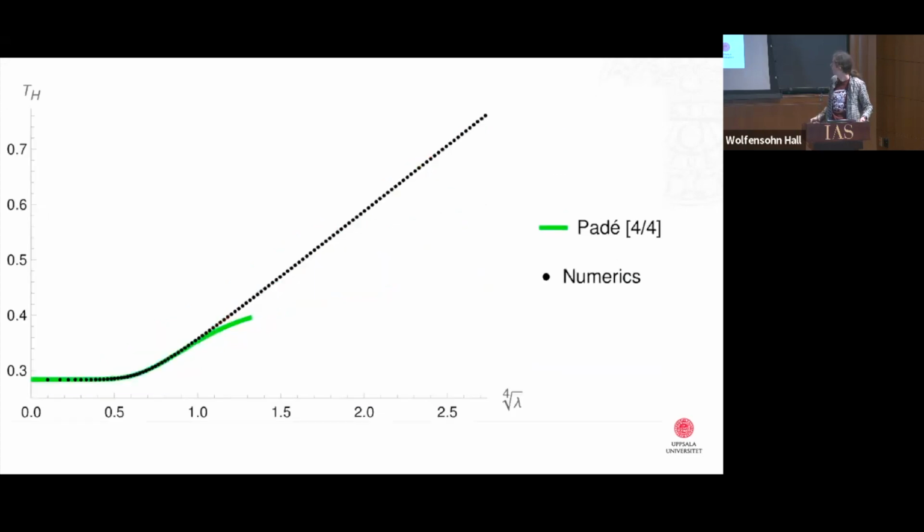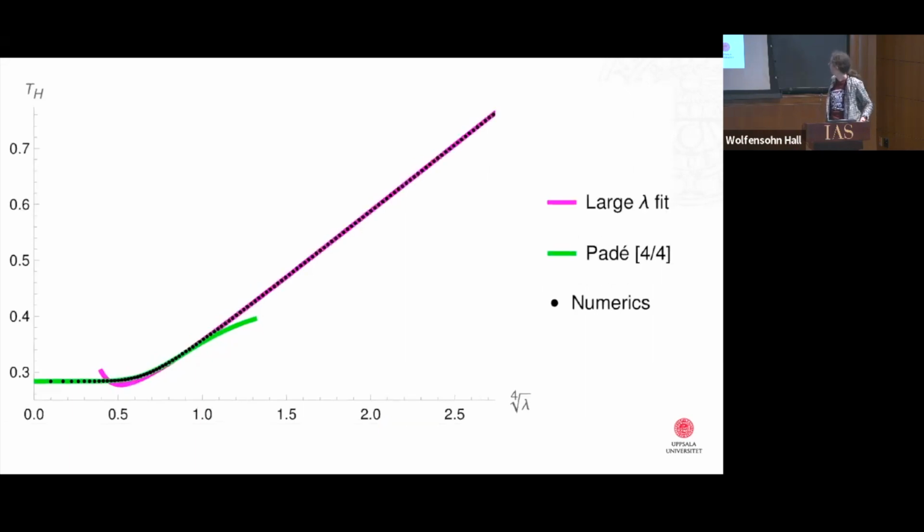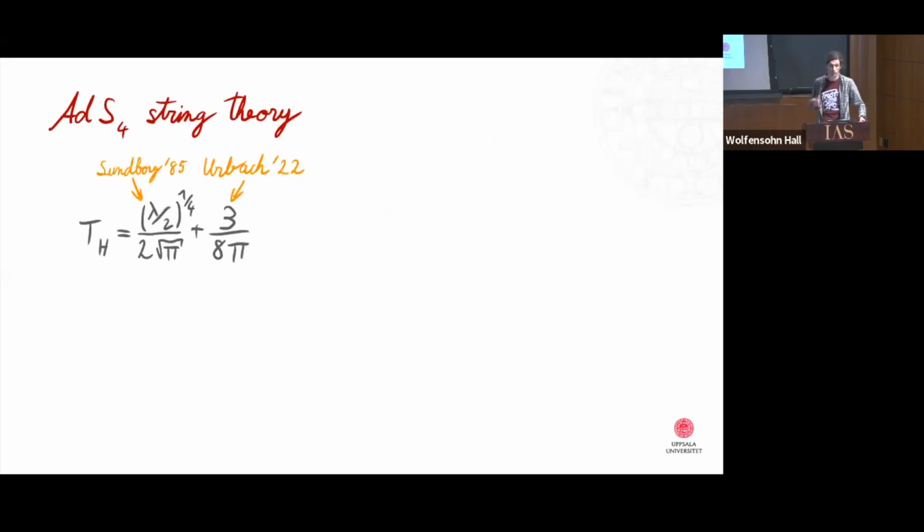can get a plot like this, where I plot against lambda to the 1/4, and we get out to like 2.7, which is quite strong coupling, and we can actually fit a strong coupling expansion to this numerical data. And then we can start asking the question, does this match against the AdS4 string theory? And well, the slope this asymptotes to, and also the constant term, they match exactly with what we find in the literature. But we can go further.